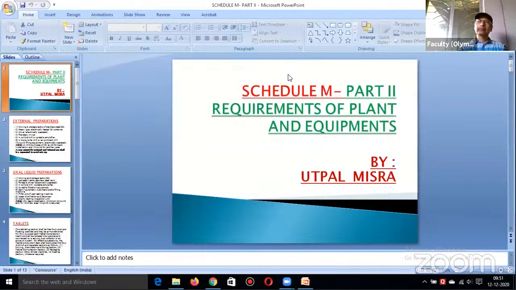There are some other dosage forms also which have been described under this part of Schedule M, like surgical dressings, like inhalers, and some other dosage forms are also there, soft capsules like this. So I have just selected these 4 dosage forms for your knowledge as well as for your examination. Now,